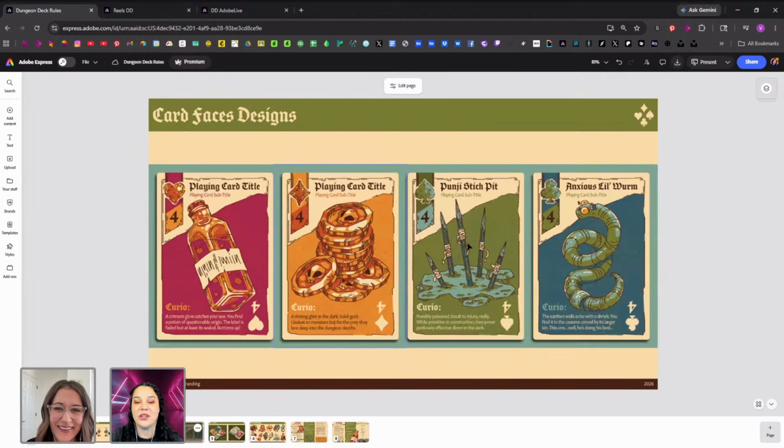You could see some of the illustrations, some of the card designs, and how the suits kind of come into play on the cards, which is really fun. Now we have made some changes to this, which are not reflected here, but this is the first design where we were like, I think we're onto something. I think this looks like a real game.